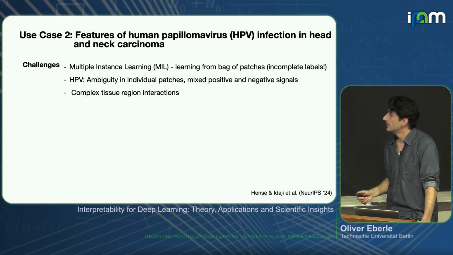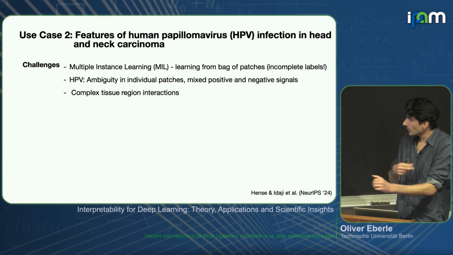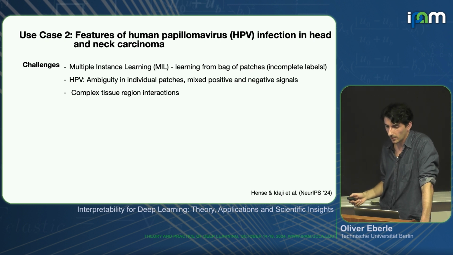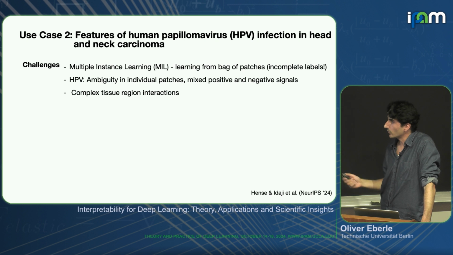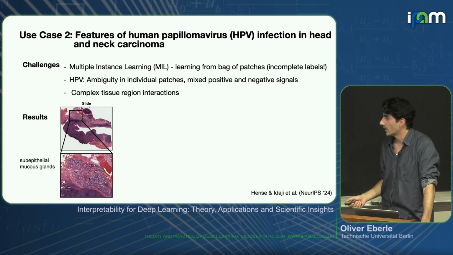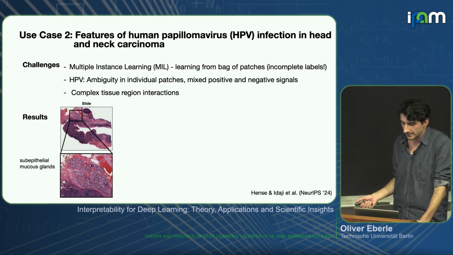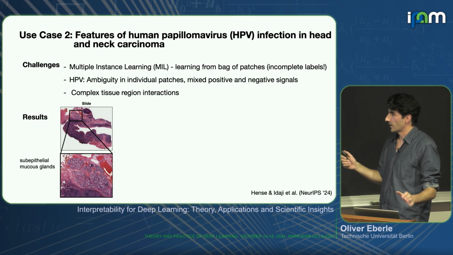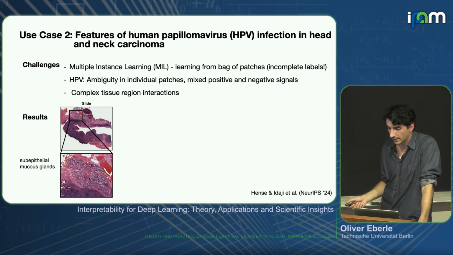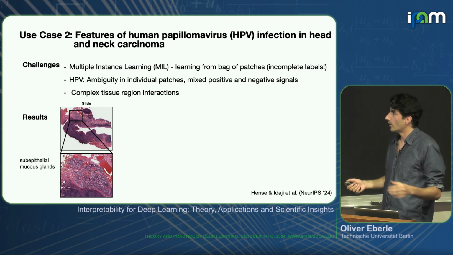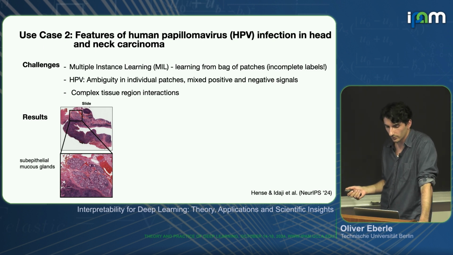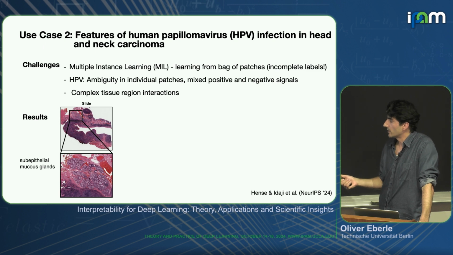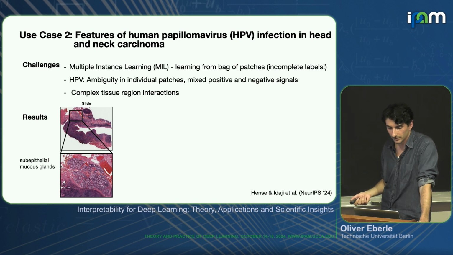And we also did a related study on multiple instance learning. HPV infection is a cause for head and neck carcinoma. And to model these things, you have these really complex histopathology datasets that you cannot process in one forward pass. So you really have to patch all of these things because you need a high resolution, and then figure out a learning model. Multiple instance learning is a framework to do this. So you model these bags of patches and then make a prediction if it's cancer or not.